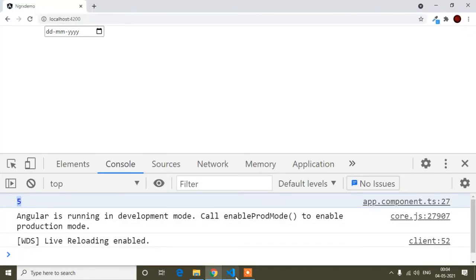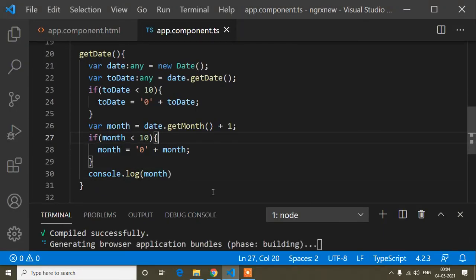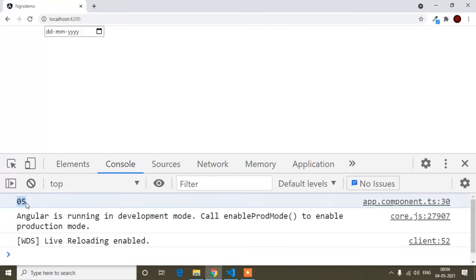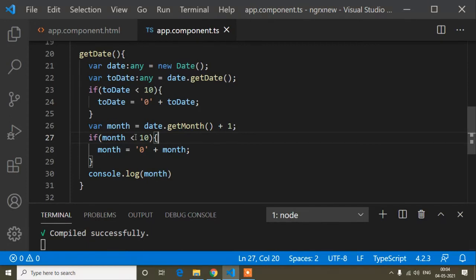I forgot to save here, so I'll save, and now if I print this month, you can see it's added 0 with month, because I have written a condition that when the month is less than 10, that means when it is 1 digit, at that time it will add 0. That's why I'm getting 05, because May is 5 and 5 is 1 digit, so at that time it added 0 here.